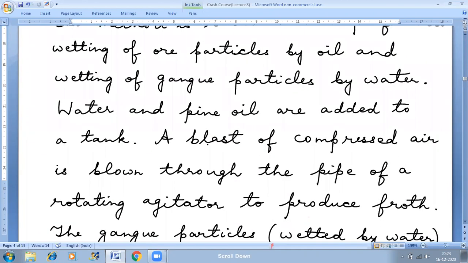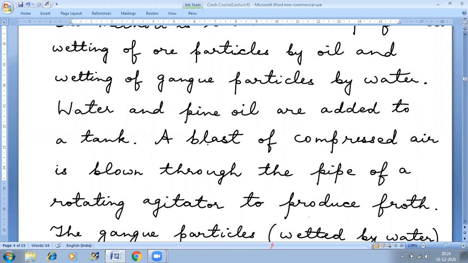So water and oil are added to a tank. The tank is called a flotation tank. It is a tank containing water and pine oil, a mixture. Then the ore, that is the entire ore along with impurities, is present in the tank. Then a blast of air is blown. That means you are passing air through the pipe from the top